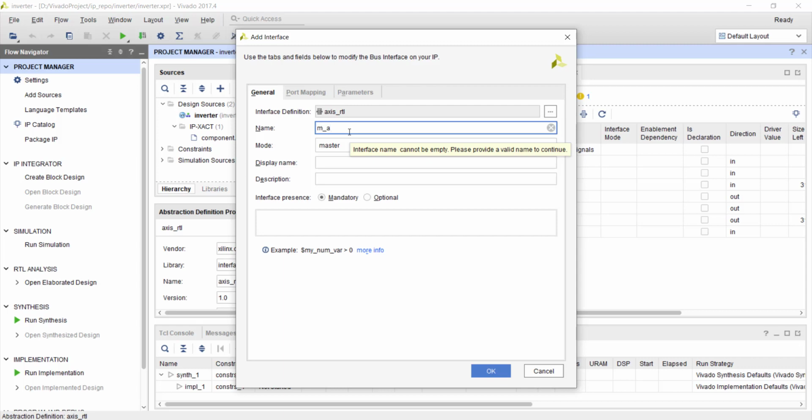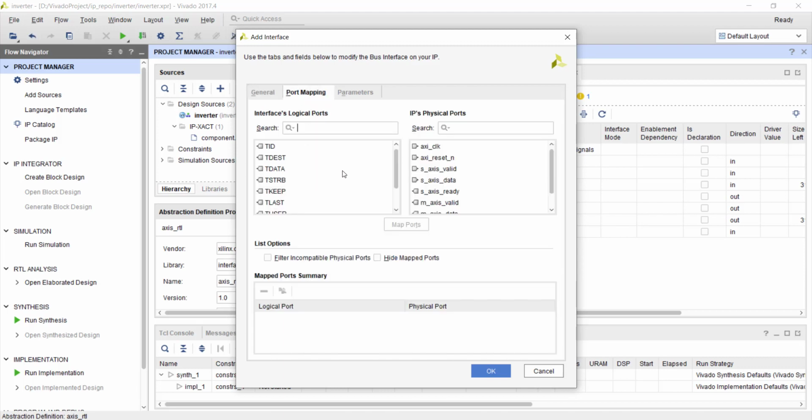So let me call it M-axis to indicate this is a master AXI stream interface. And now you need to go to port mapping, and here you have to map the signal names that you have used with the standard AXI interface signal names used by Xilinx. For example, we have S-axis valid here, but the name that Xilinx uses is